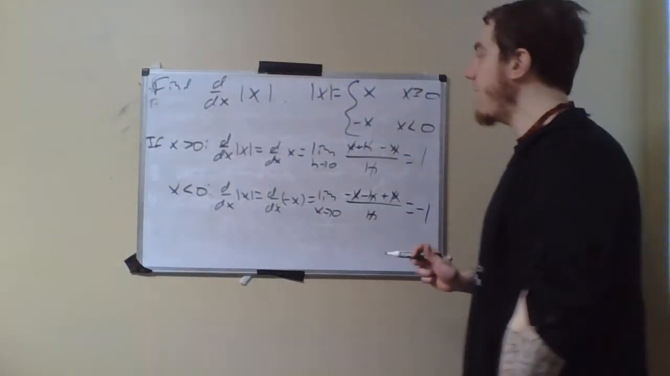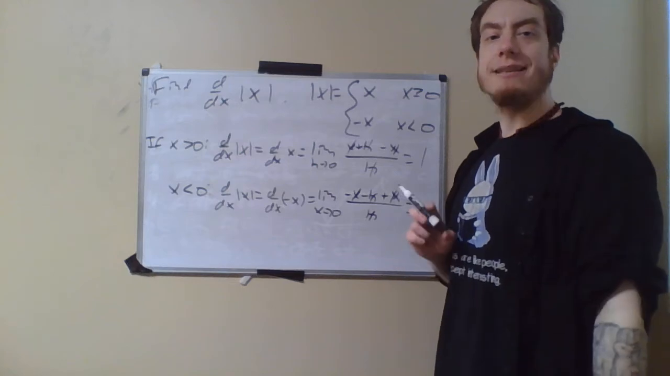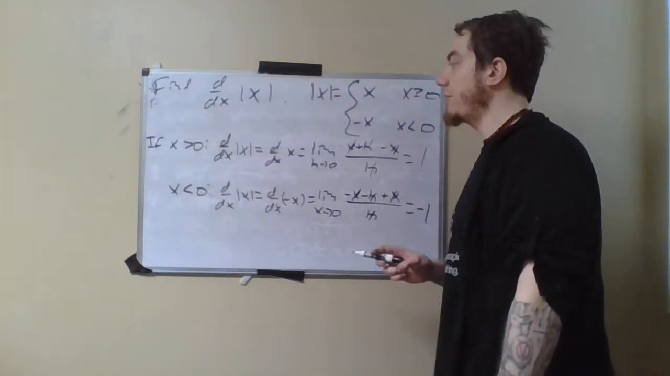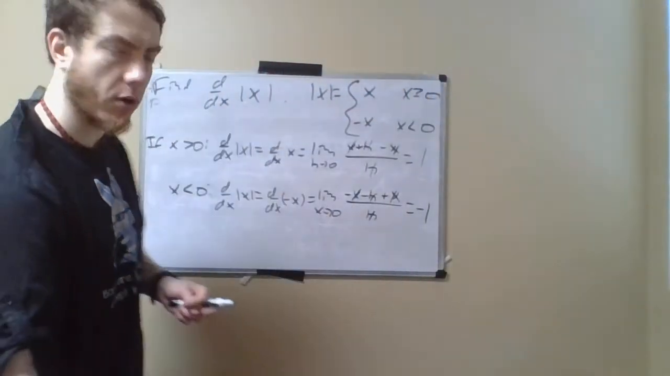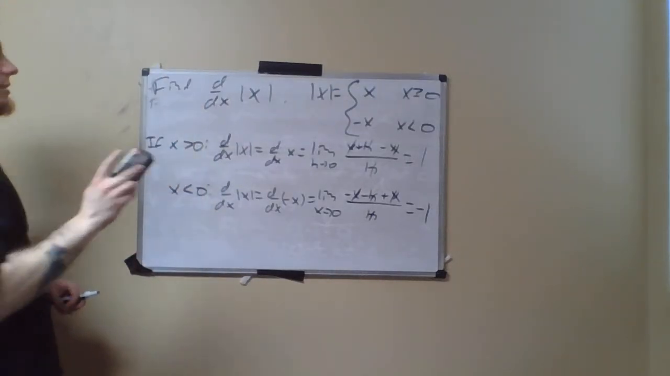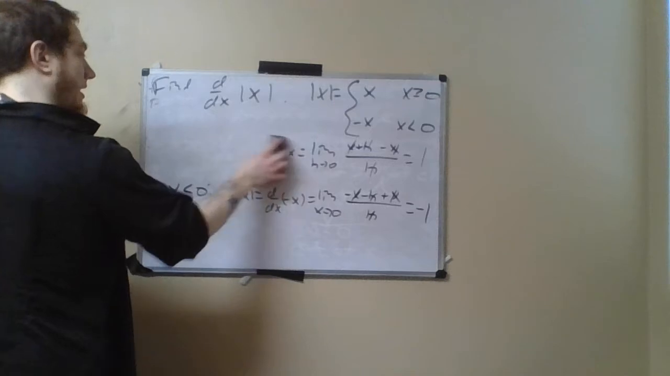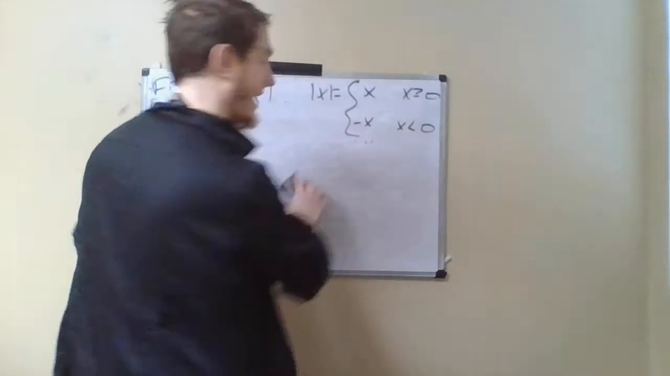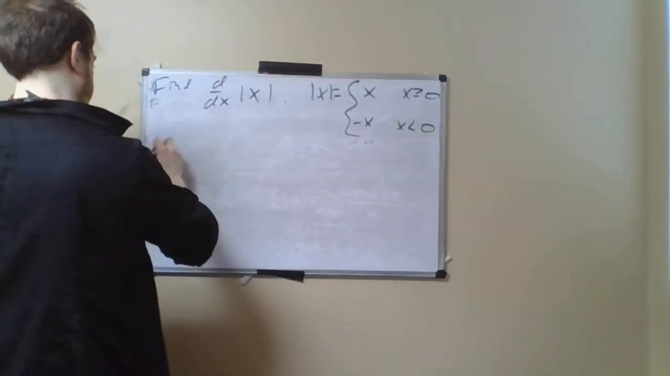However, what happens at 0? Well, at 0, we're going to have to deal with the two-sided limits, or rather, we need to do the two one-sided limits, I should say. So, at x equals 0,